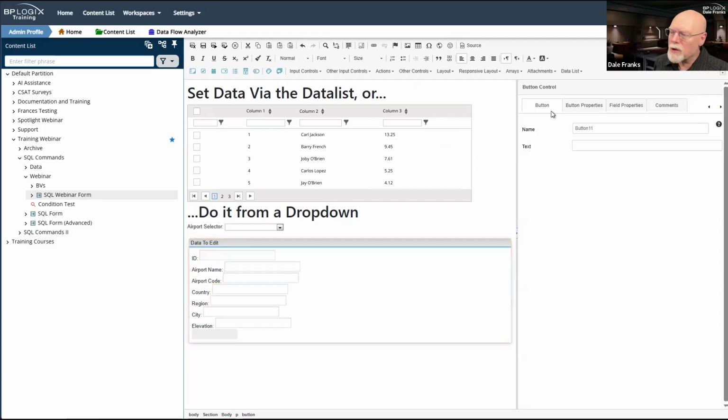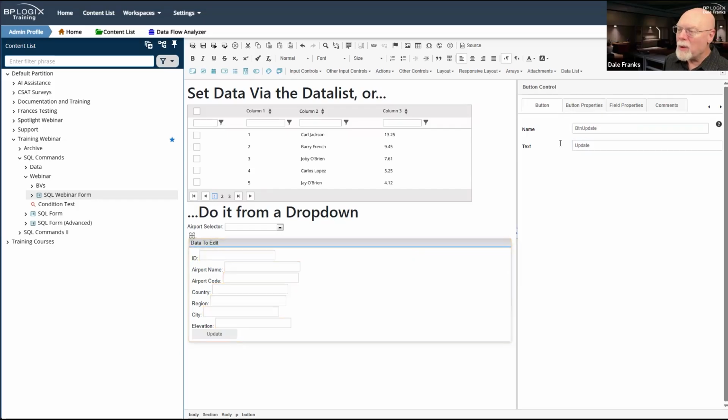And we will just throw a button control on here. We're going to call it button update. And we are going to put the text update here for our button control.